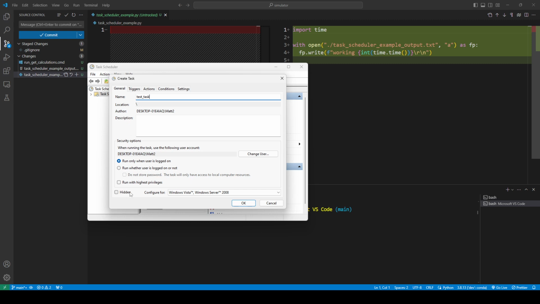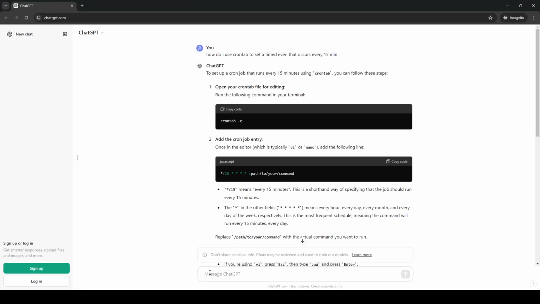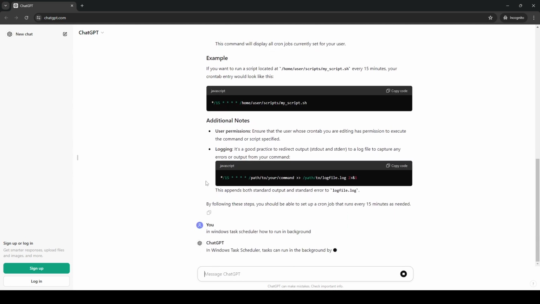It would seem that you would use hidden, but I forgot what... let me just ask ChatGPT. In Windows Task Scheduler, how to run in background. Forgot what the,